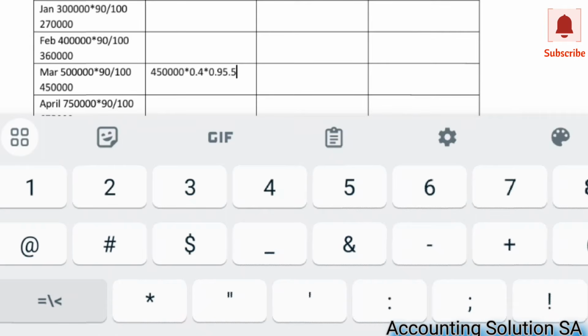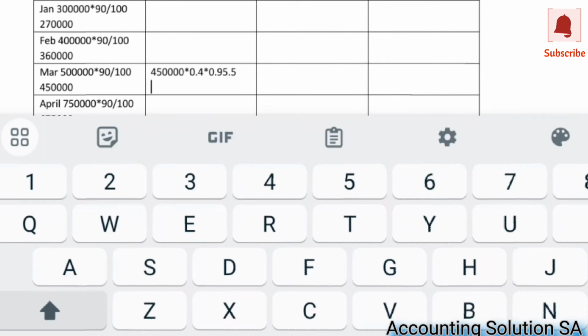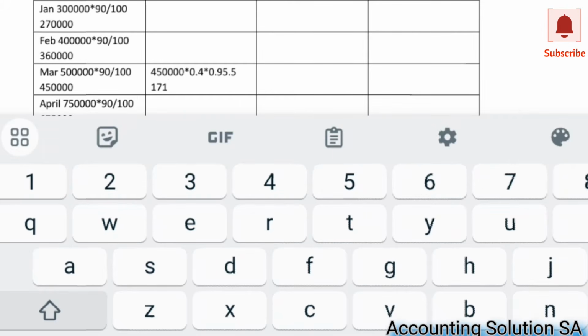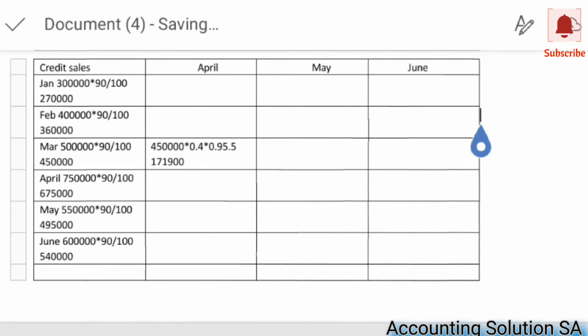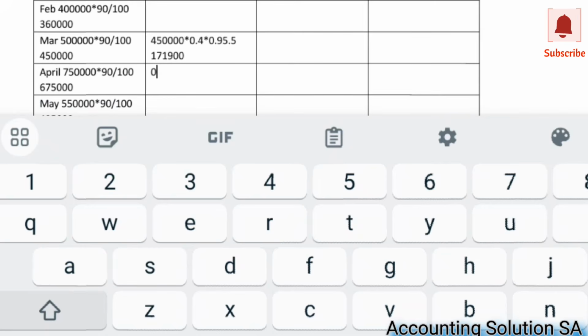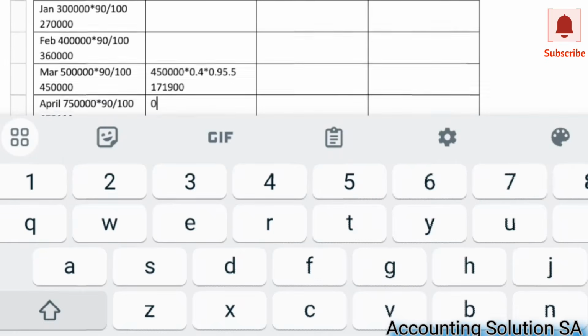Then you also multiply by 0.955. Okay, which is going to give you 171,900. Okay, so this is because it's the following month of March. Okay, then which means that on April we're not gonna have anything because